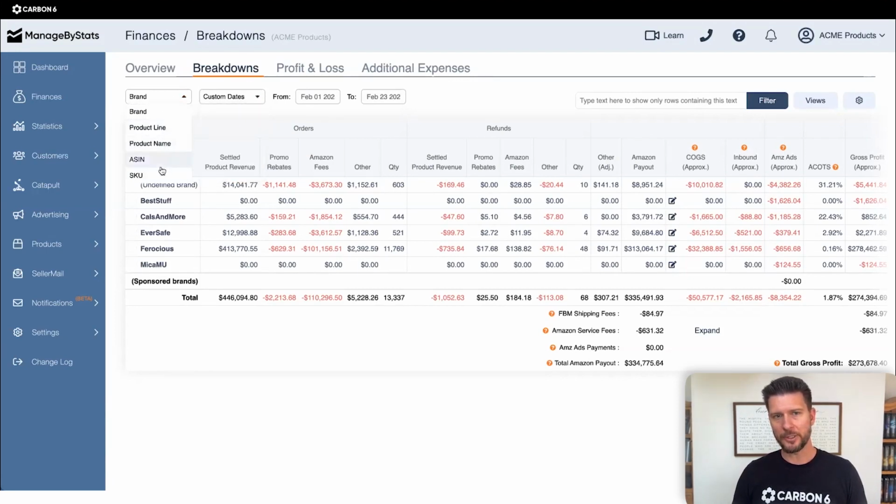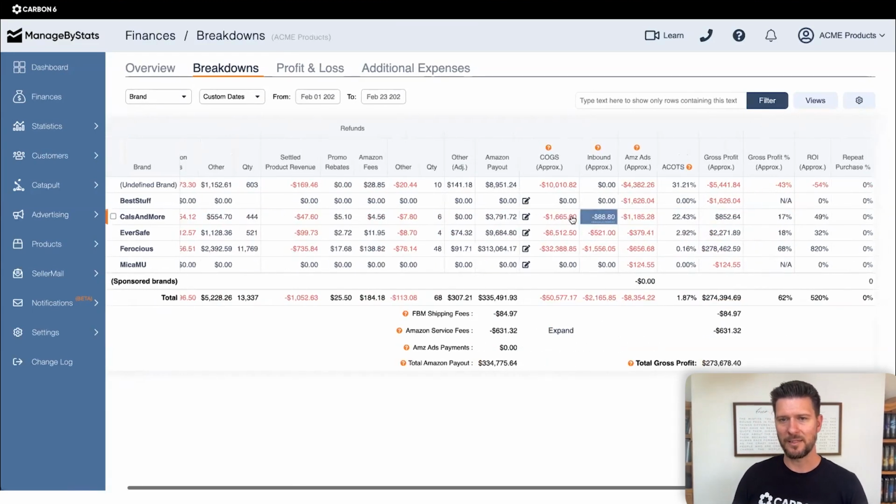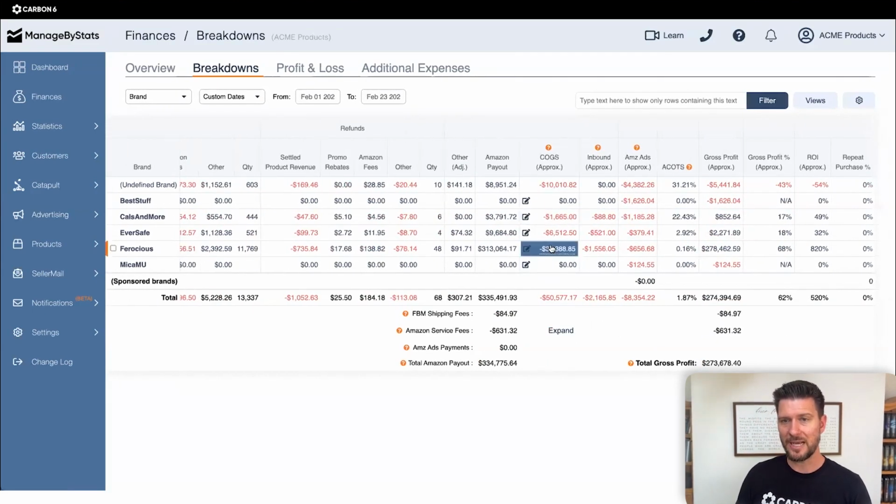Again, for any kind of hierarchy you want: brand, grouping, or ASIN. And you can actually see, okay, for all of these products or groups of products, all of the orders you're getting in, all of the refunds, what Amazon's paying out to you by product, your cost of goods. You can enter those into our system, and our system will automatically sync with that for each transaction you have, pulling in all your advertising.